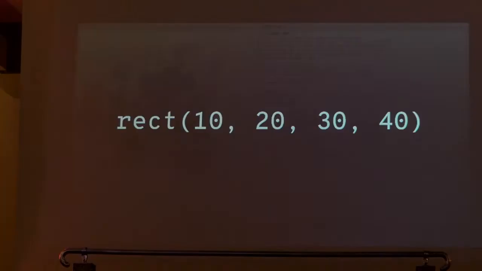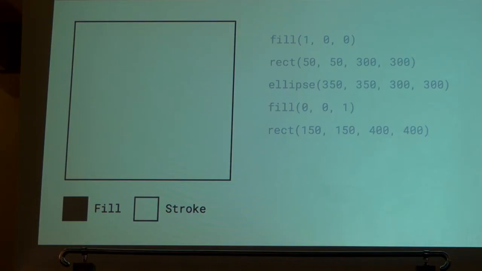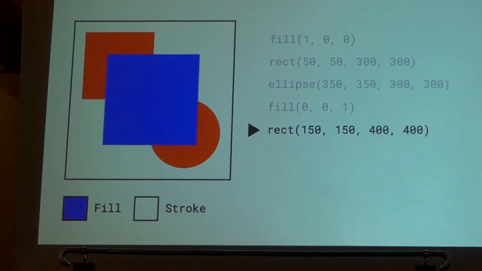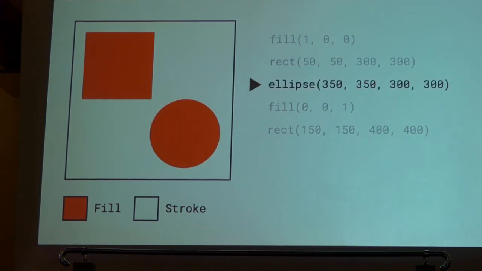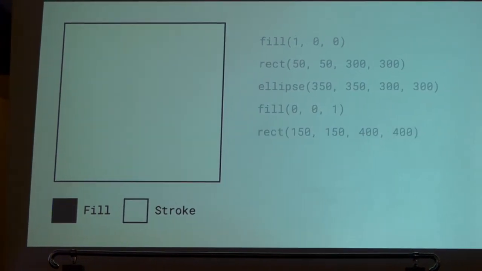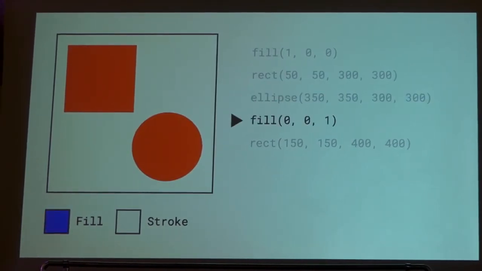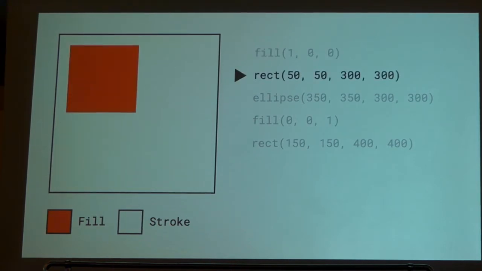But the program is very straightforward, right? You type in the command, and then the command gets printed. It does what that command does. I have a small animation of this, where you can see what it's doing. This is called a painter's model, which you're familiar with if you're working with Canvas, for example, or OpenGL or whatever. So you do a step, it sets some state, it says, okay, the fill color is now this, and then it draws something, and the next thing draws on top of it. I'm not giving you a full tutorial, but that's basically how Notebox 1 works.